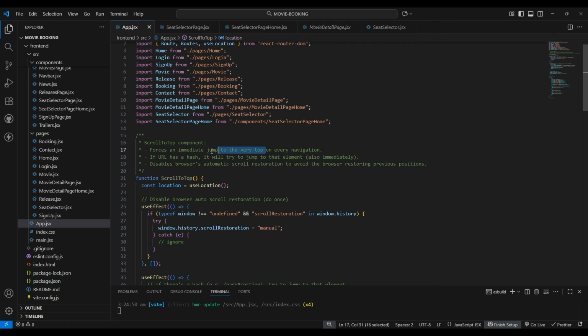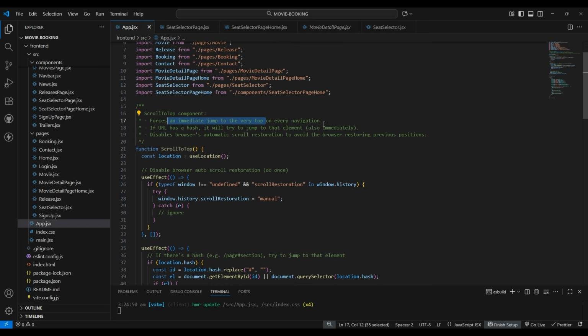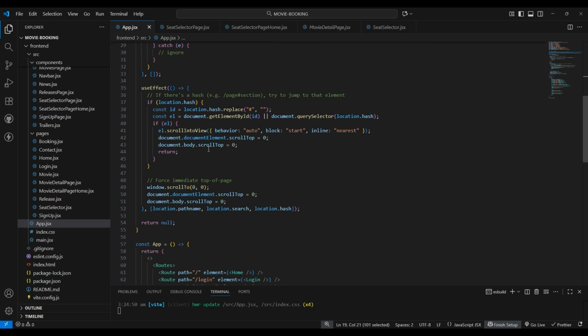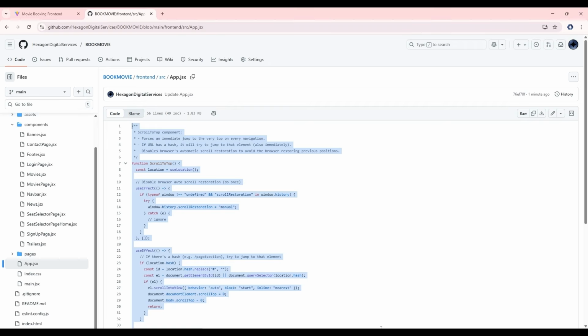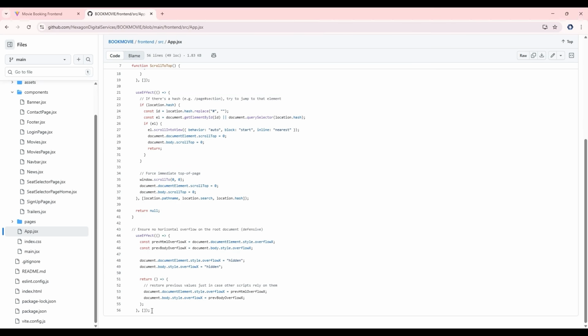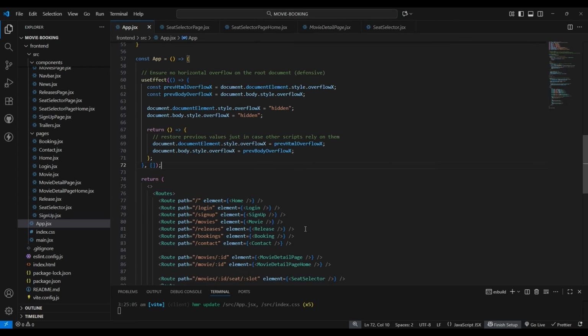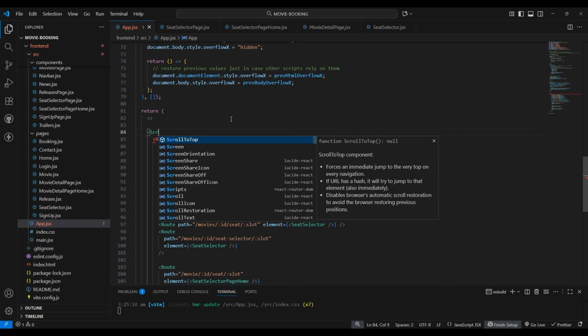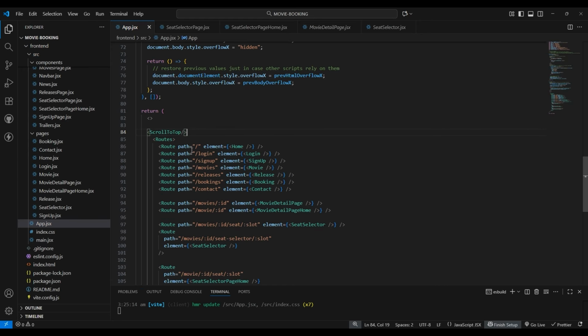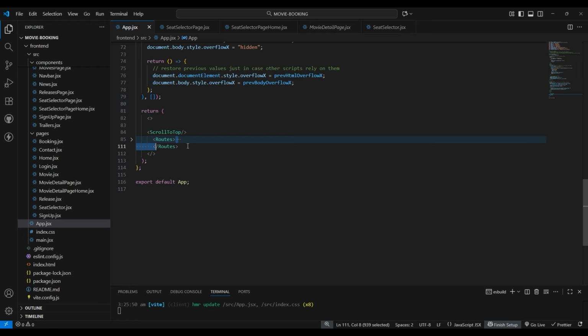scrolling behavior that will make us jump to the top on every page. That is what we are facing. That is, if we open any page, it will open from the middle or from the bottom, but by adding this scroll to top function, it will open the page on the top every time. Then we have to just type here scroll to top to add this, and let me just cut this routes